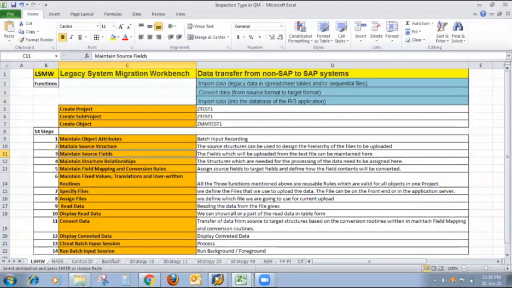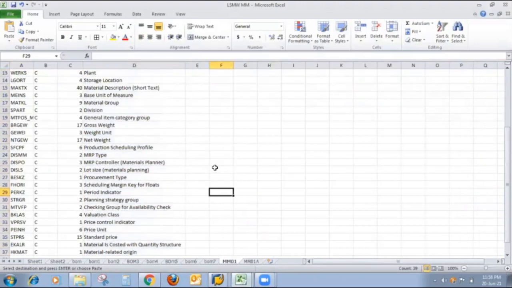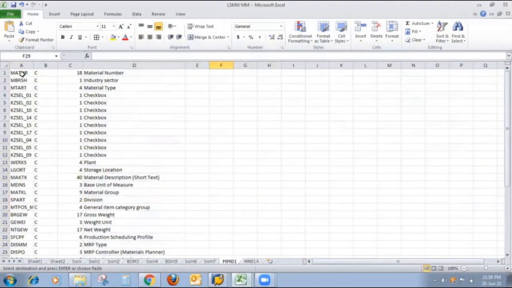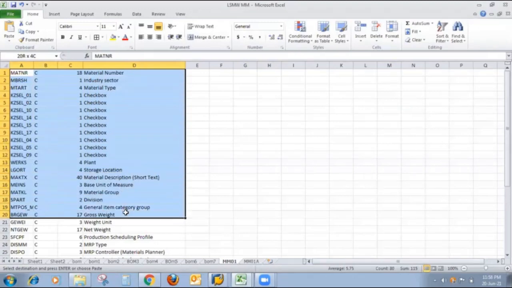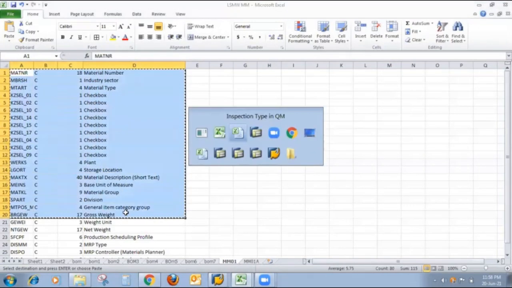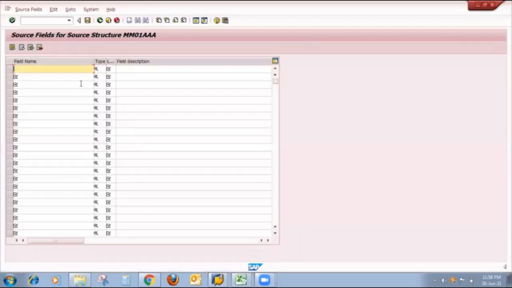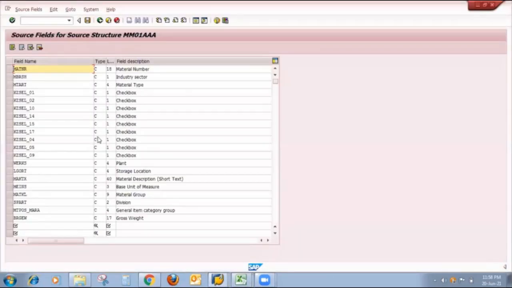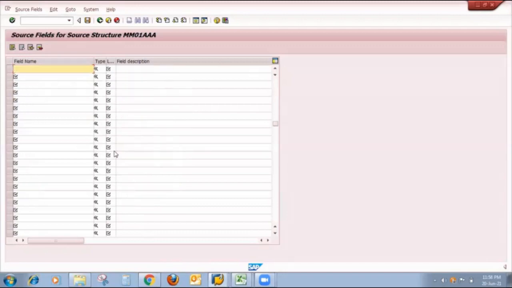So, friends, if I go to the LSMW sheet, we can arrange this data. The first column is material field, then character, then length, and last is description. So I copy one by one, or 20 at a time, no problem. I copy here into LSMW, then I move down to gross weight.